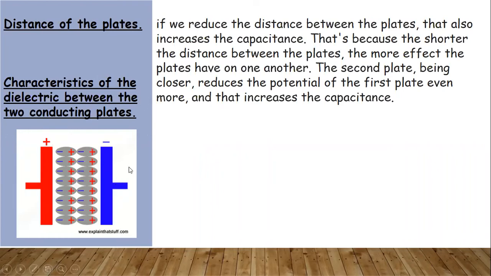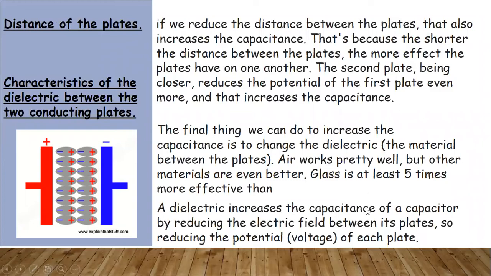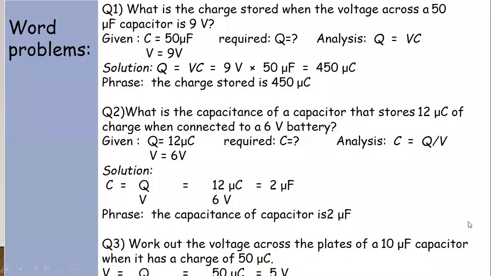You see, this is the positive and negative plate of the capacitor, and this is a dielectric in between. Finally, if the dielectric is changed, usually air is the dielectric, but if we use dielectrics of different materials, the capacitance also increases, thus reducing the potential between the plates. Now we have the formula Q is equal to CV.